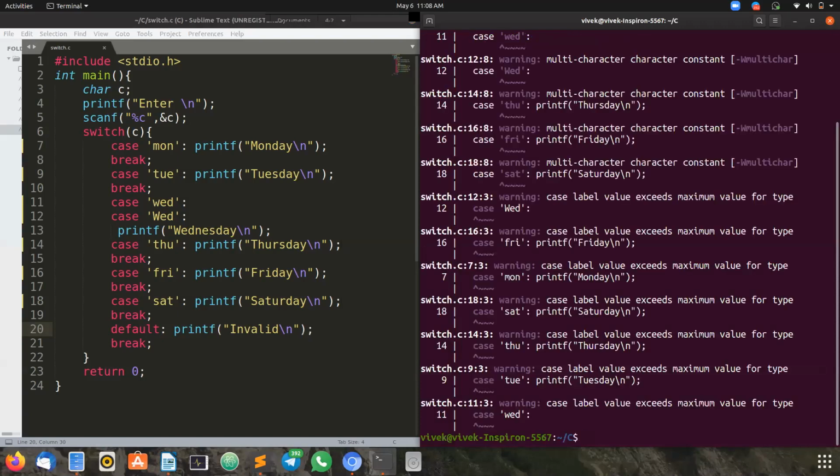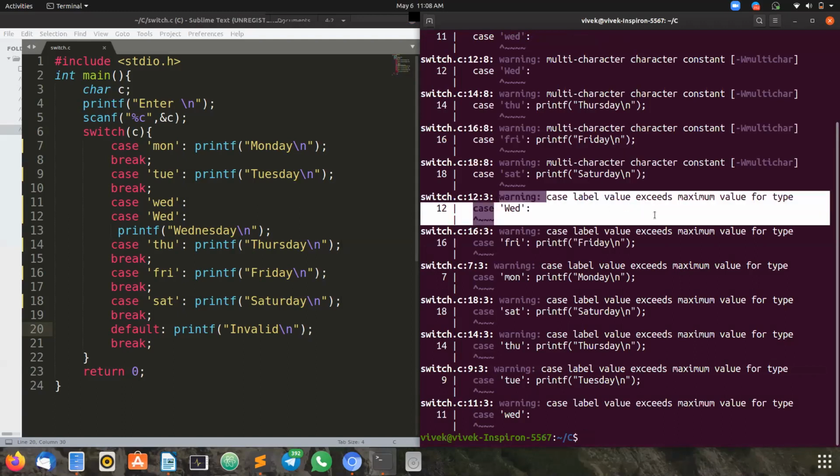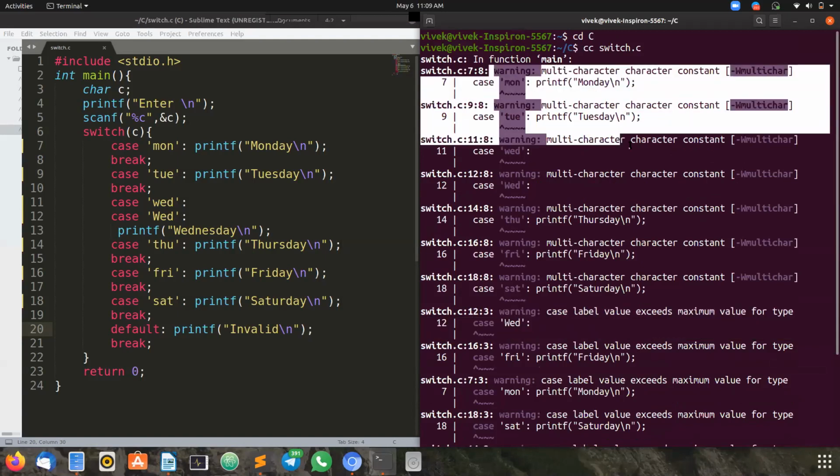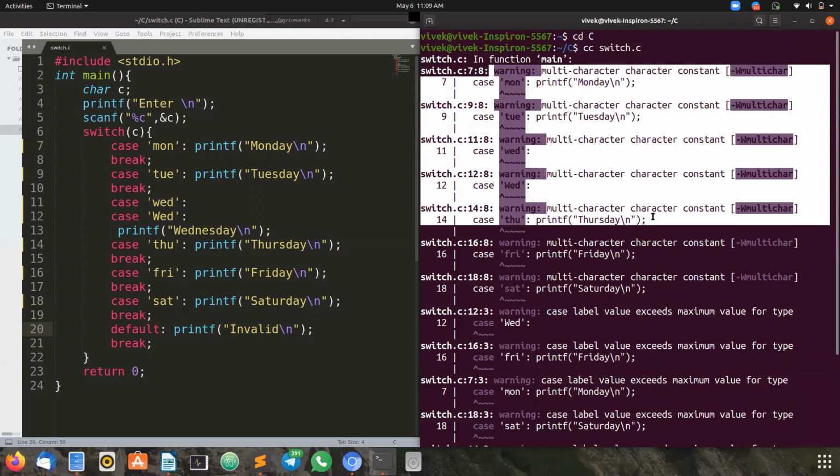See, we are getting a lot of errors. The warning, which I'm highlighting in the output screen, says: case label value exceeds maximum value for type. We are also getting an error: multi-character constant.